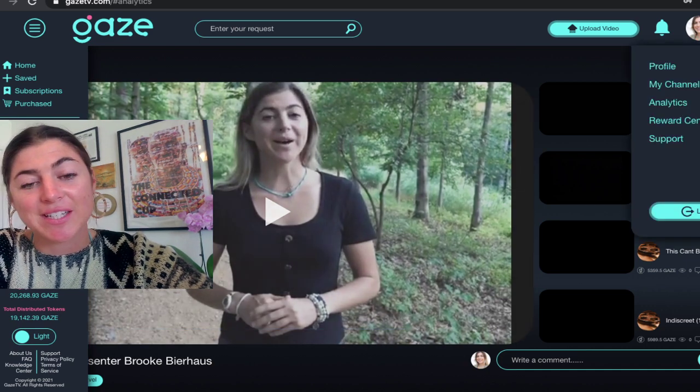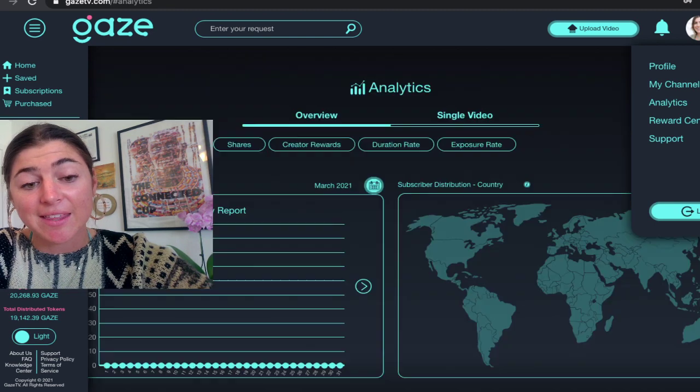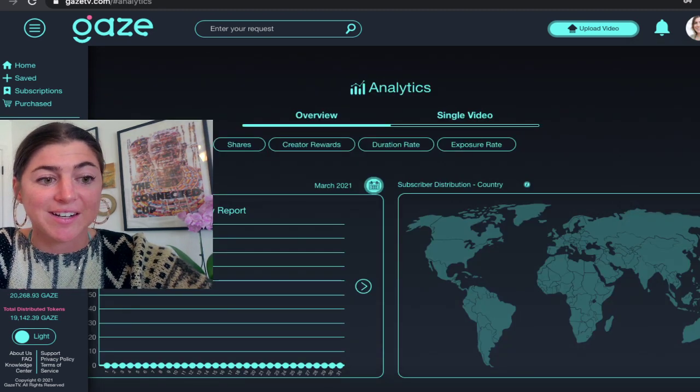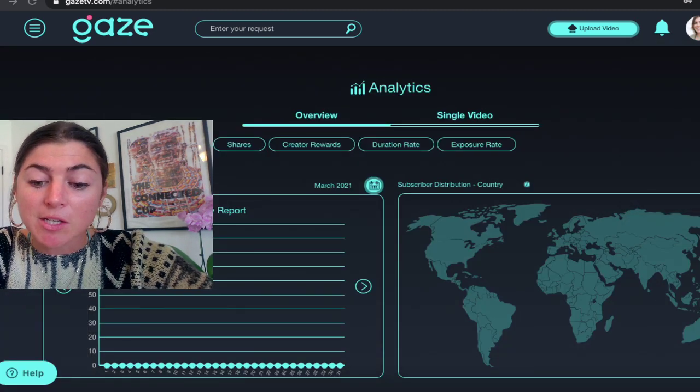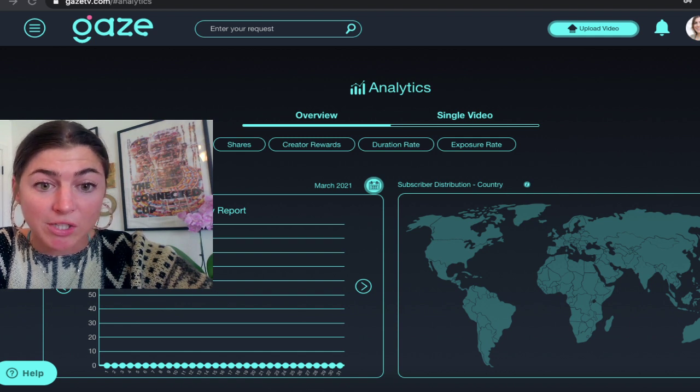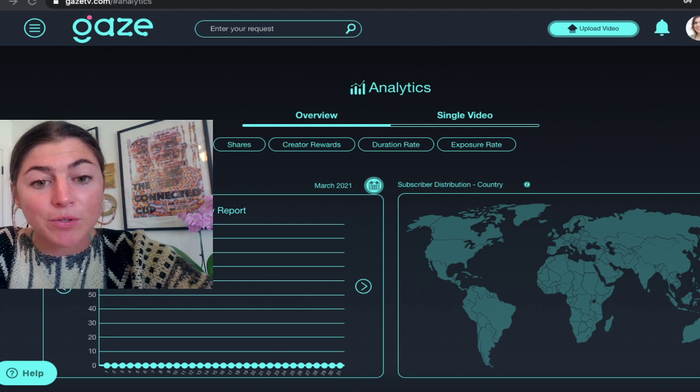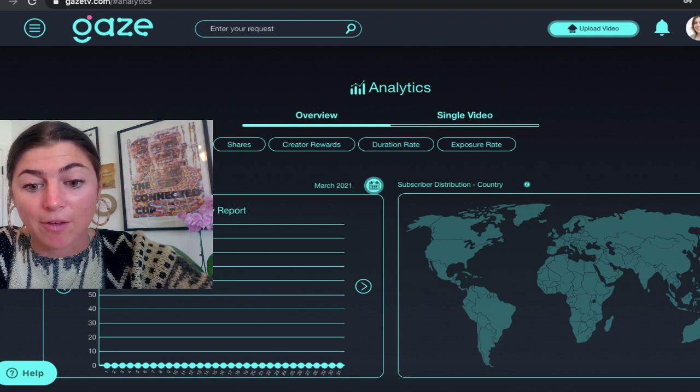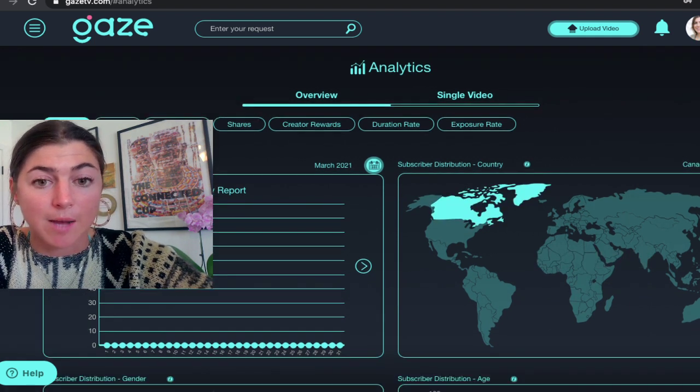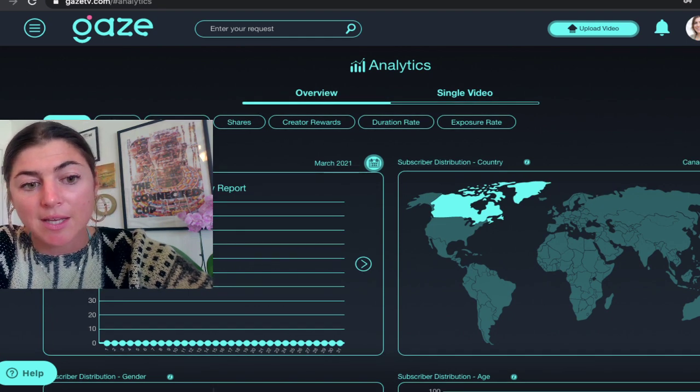A very interesting side to Gaze TV that I think is going to be huge for creators is the analytics tab. This is going to be important to know who is watching your creations, your films, your videos, and it will also help you to track if you have content up that's for purchase through Gaze as well.